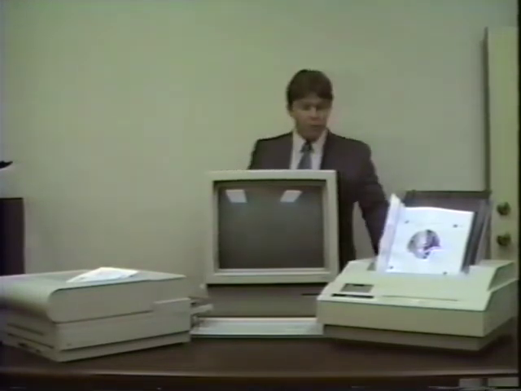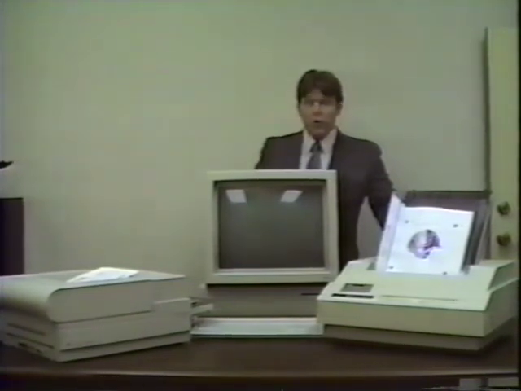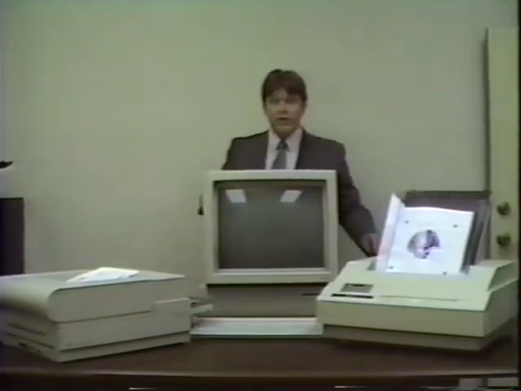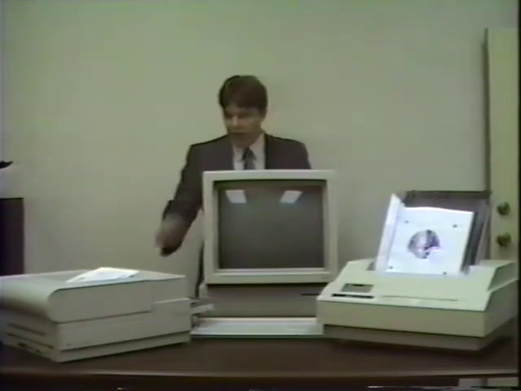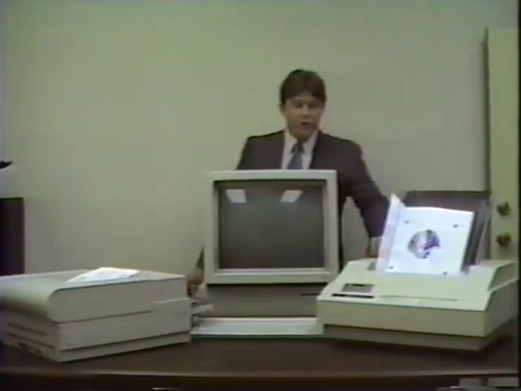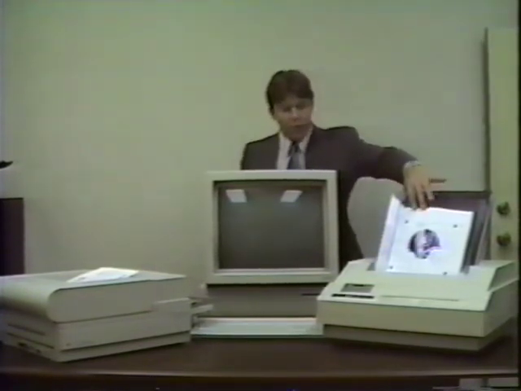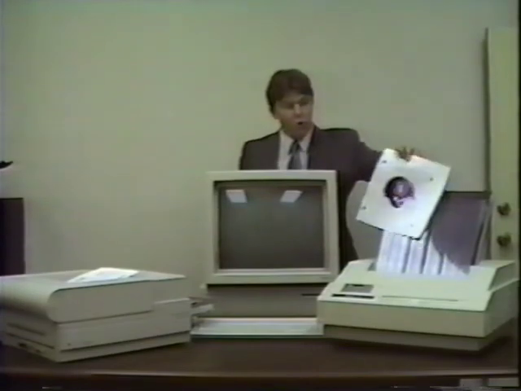Our third type of output device is on this side, and this is our QMS color proofer. Please notice that I used a different word for those two technologies. This one is a printer. It does black and white. This one is color. It's called a proofer. As we can see, the output from the proofer is quite different with a very